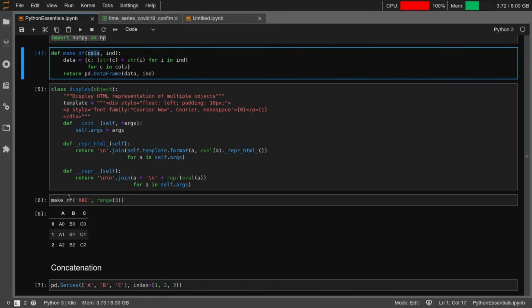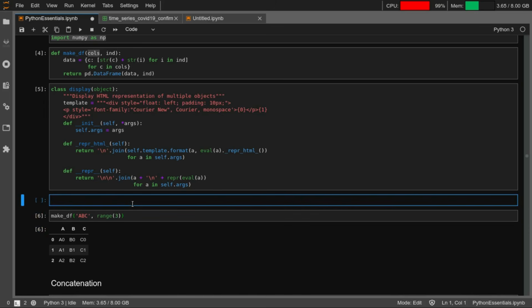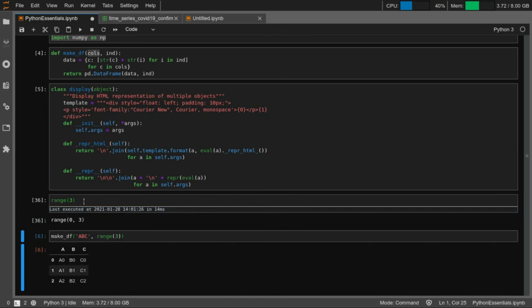Let's take an example here. I'm giving it ABC and a range of 3, which will give you 0, 1 and 2. These two will be passed on as arguments to this.